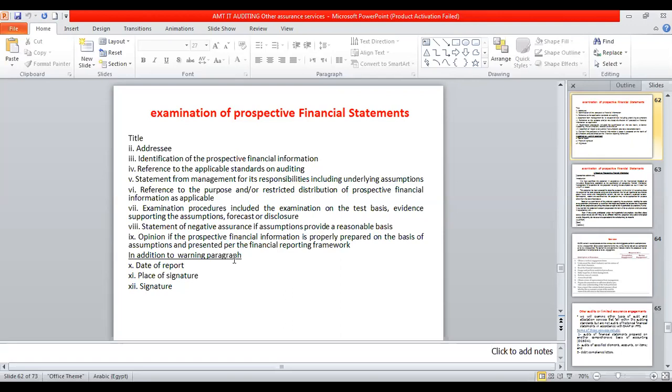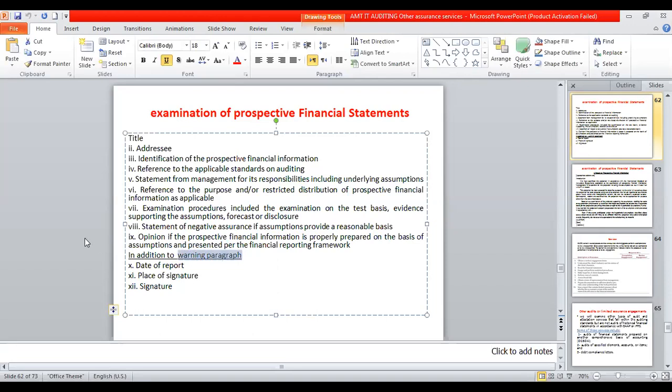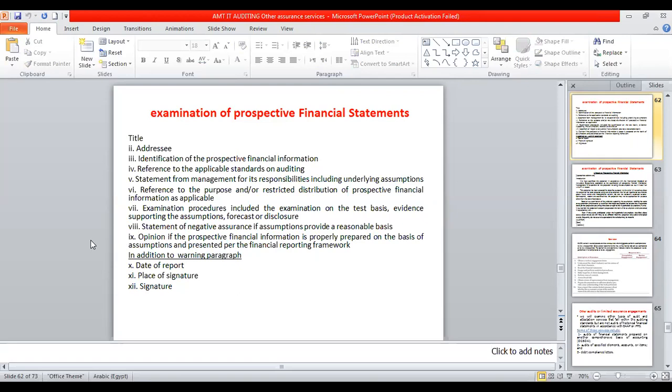One of the most important statements in the examination report of prospective financial statements is that the author will add a warning paragraph. Because we are dealing with uncertain situations, with the future, it is necessary that the forecasted or projected amounts be close to the actual performance. Sometimes we have discrepancies between the actual performance and the projected or prospective financial statement. So the author should state that in his report, as a warning paragraph. Let's look at an example